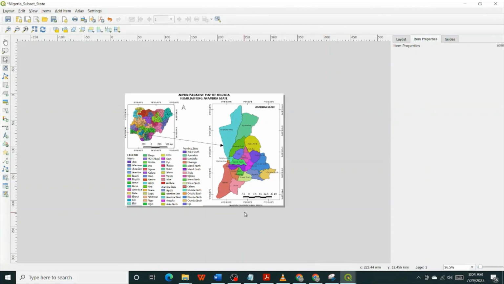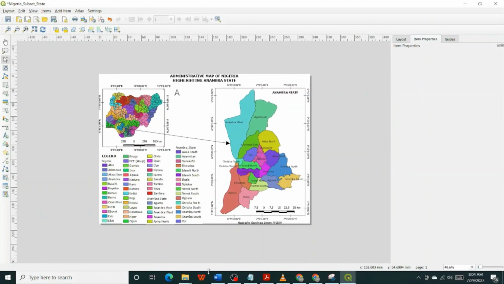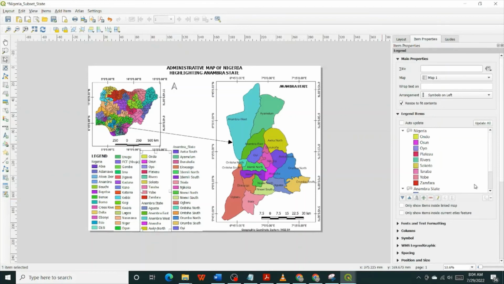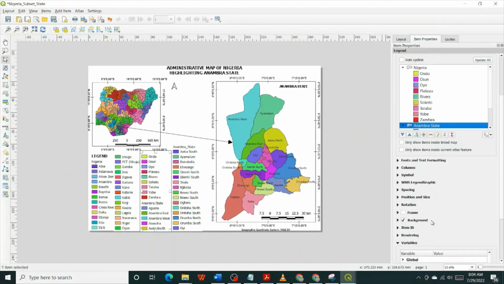So now that you have the legend within, you can zoom in and take a look at this. So this is what the legend will look like. But I want to change the format so that Anambra State will be different from, make Anambra State bold, so it's different from the local government and then the state. So select that. I need to format. So go down,